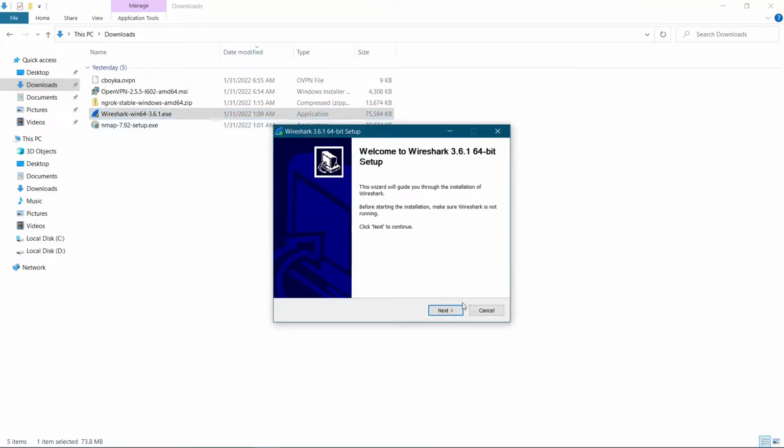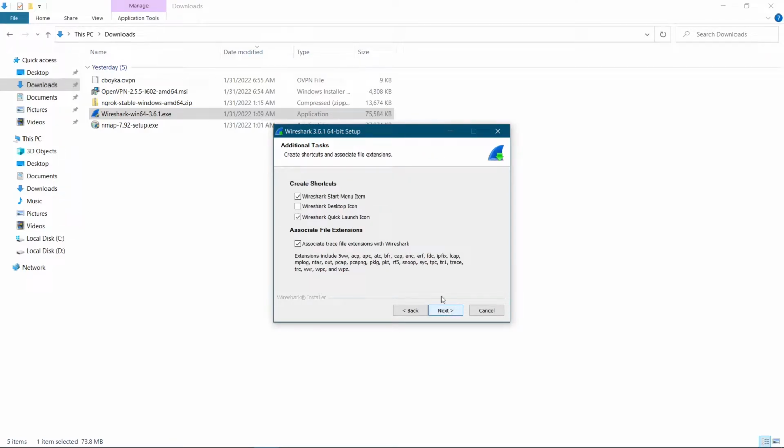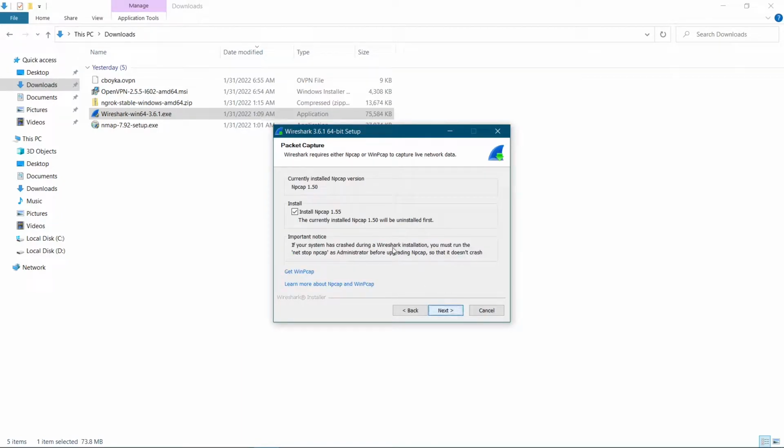Double click on the setup and click next. Leave the default settings as they are, and next. If you need a desktop icon, you better tick the desktop icon checkbox, and next. We have already installed Npcap 1.50, which was installed during the Nmap installation. So here we have an update of that tool, Npcap 1.55. I recommend you install 1.55, so make sure you tick this